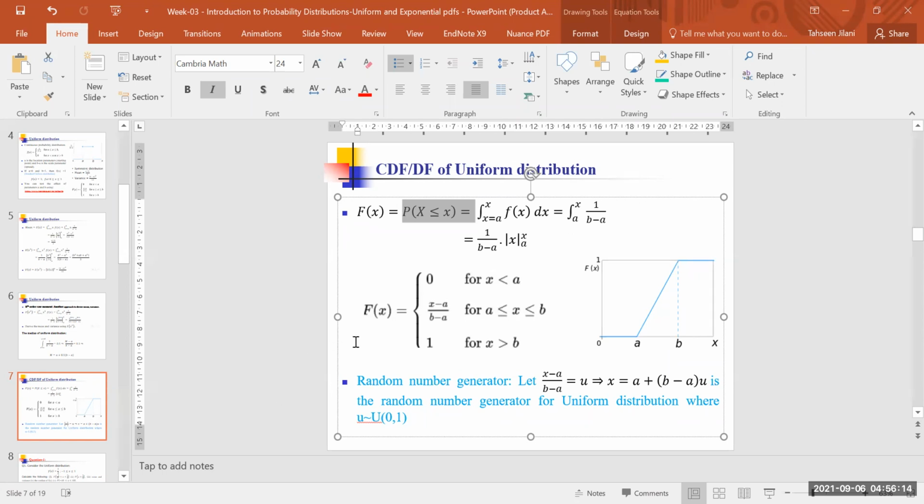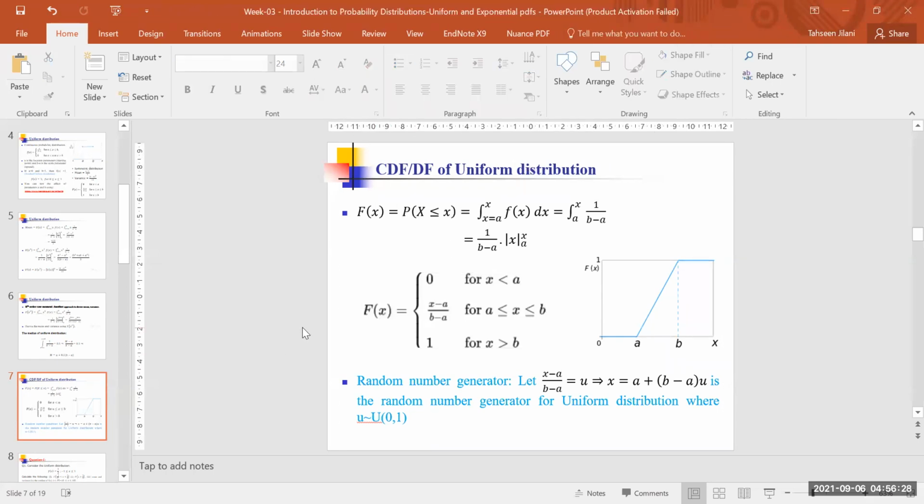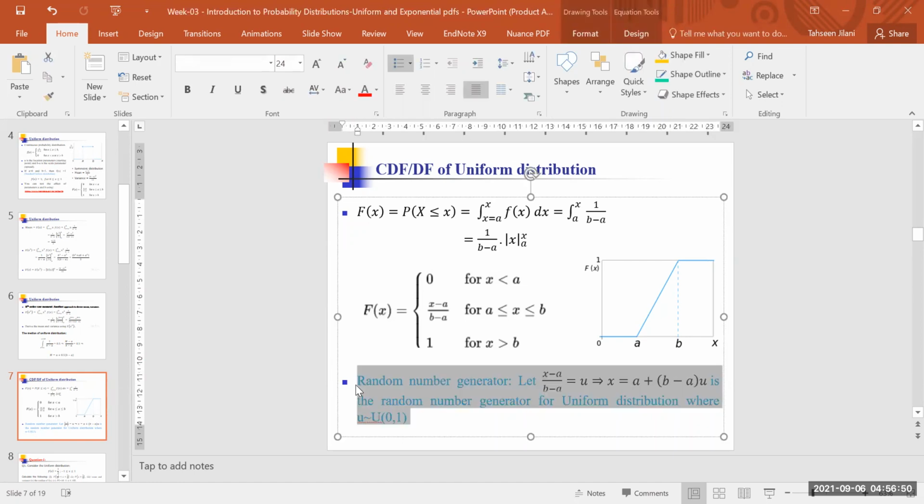So F(x) always has an upper limit. This is always true: F(x), the CDF function, will have upper limit 1 and lower limit 0 and some function between 0 and 1. This is the standard approach of presenting a CDF function. We show the lower limit, we show the highest possible limit, and we have one function or maybe more than one function within 0 and 1. I think we did not do the CDF for piecewise functions. Okay, this is a very important property in uniform distribution, that